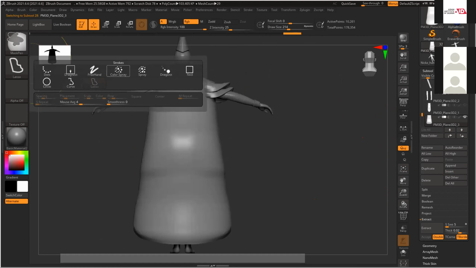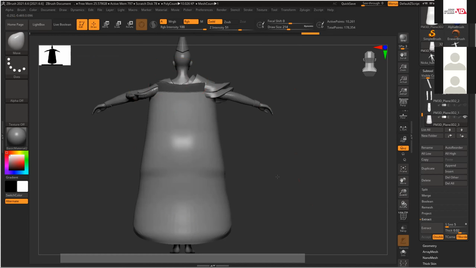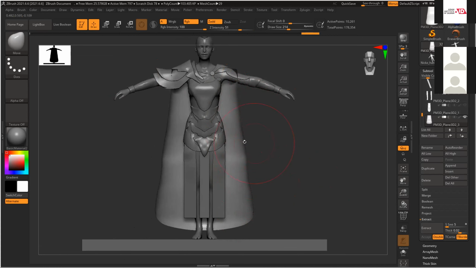So for simulating, because I want to hold this area, right? It should not go beyond this. It should hold it, and the rest I can do easily. Hold this, and now I want to simulate this one. There is something called Dynamics here in ZBrush. They introduced it in 2021, I believe. Previously, this option wasn't there. This is a new tool they have introduced, and it's basically a cloth simulator.